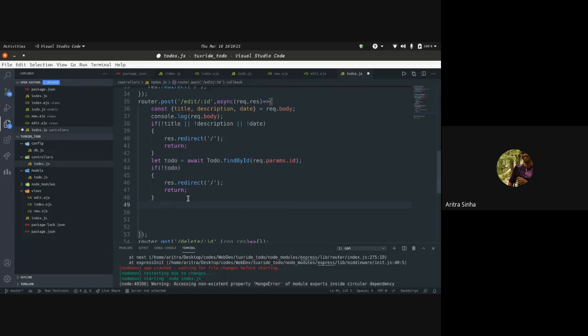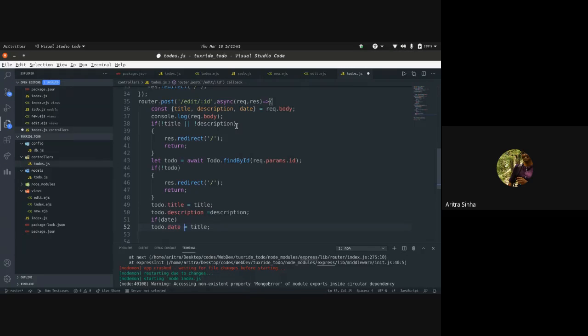After that we'll write const, let. Okay, now we can directly edit the to-do, right? Like todo.title equal to title, whatever it is. Same thing with the description. Inside the date we'll just check if the user has already provided the date. If the user has provided some date, then we'll update it. Otherwise we'll leave it as it is, whatever date it was already.